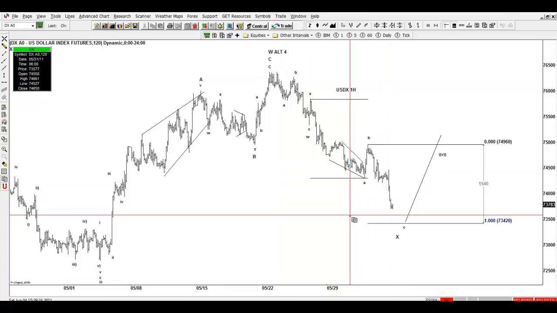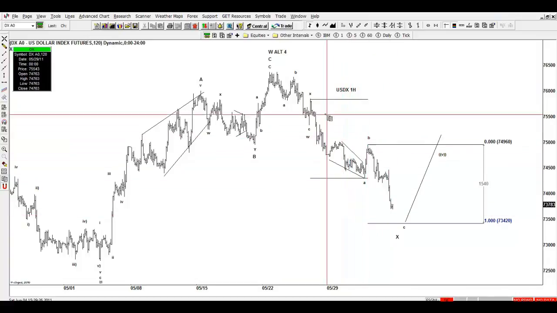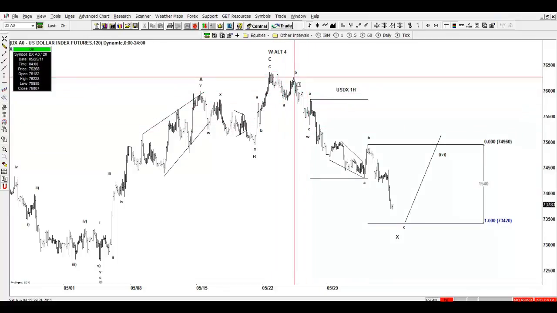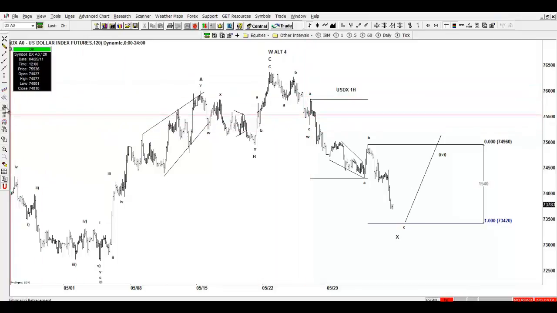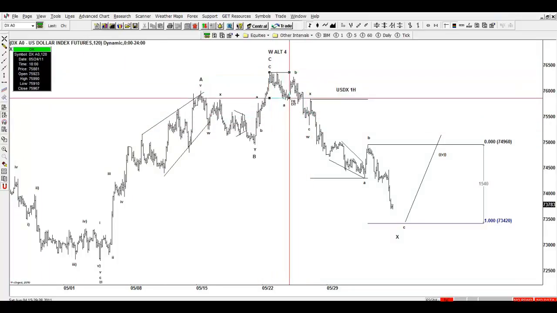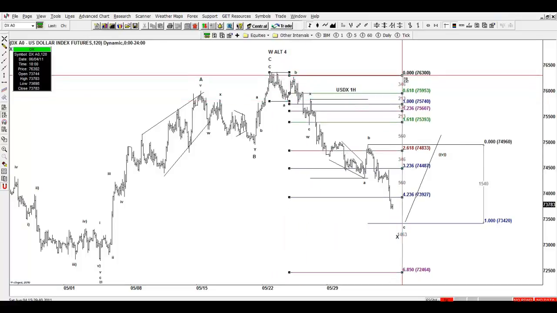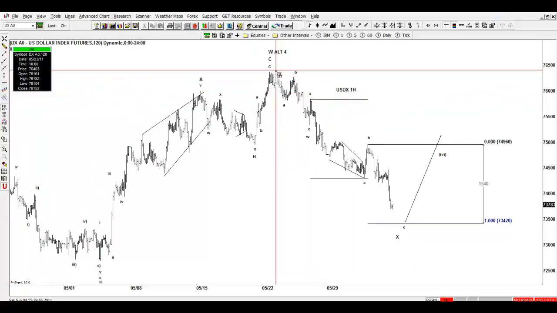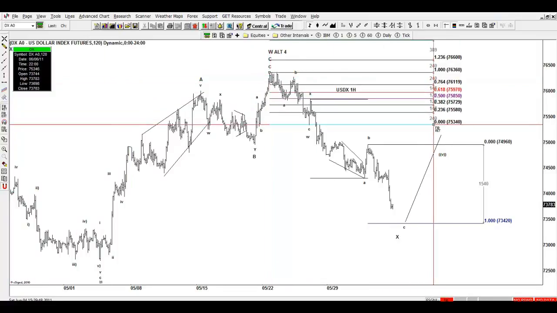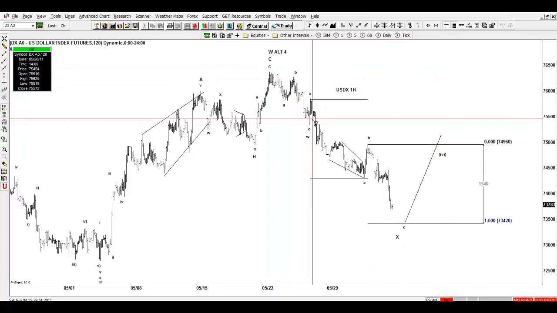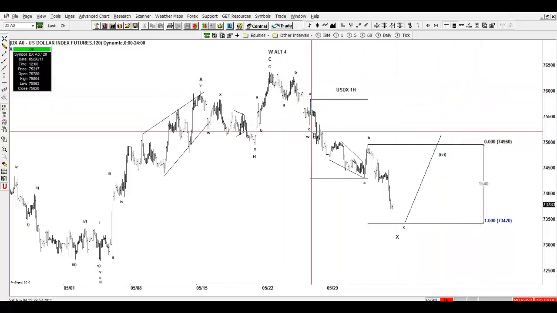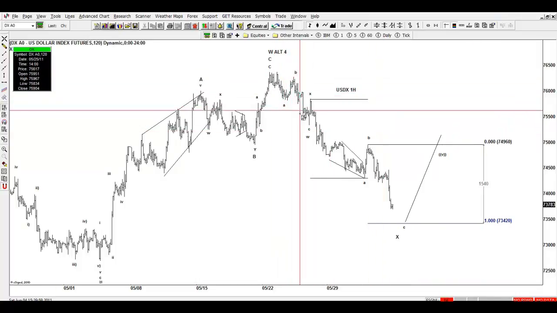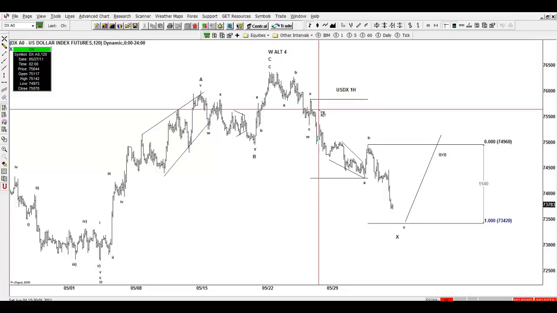We can see it on the dollar index in two ways. The first leg can be A, B, C, when this is the 1.618 of this. If we take the extension here, it is the 1.618, and if we take the Fibo, this is the 50% retracement of the whole move. So technically speaking, so far it can be both ways, both counts. This also can be a 1-2-1-2 in a bearish count.